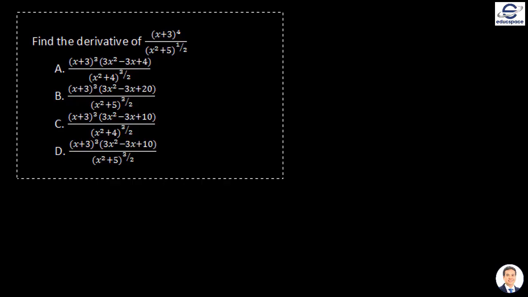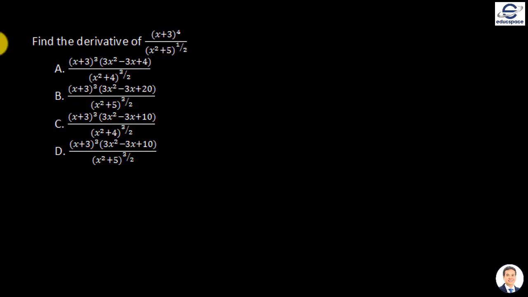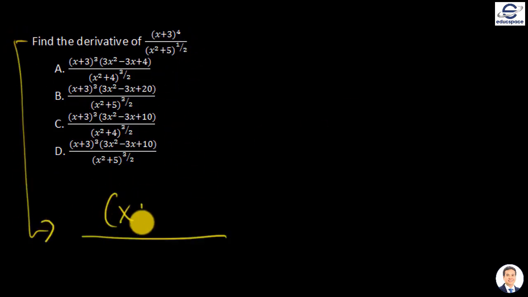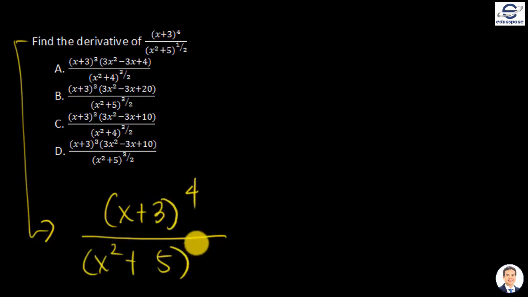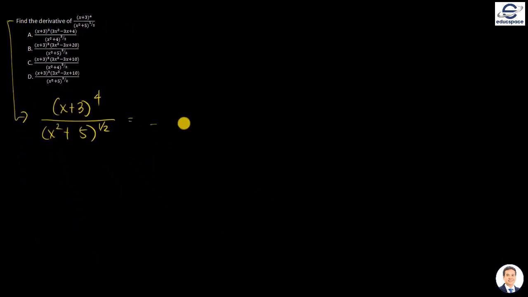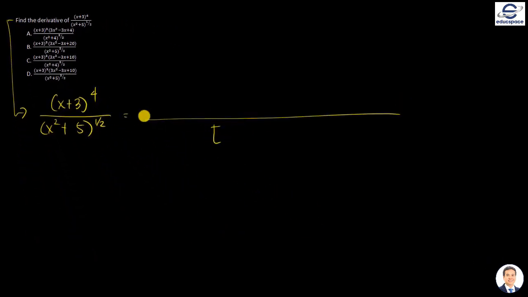So find the derivative of (x + 3)^4 over (x^2 + 5)^(1/2). Again, this one is a combination of the quotient rule and chain rule. So we have to rewrite this equation again: (x + 3)^4 over (x^2 + 5)^(1/2). Again, we follow the quotient rule first. So first we have the denominator squared, so raised to 1/2 squared,